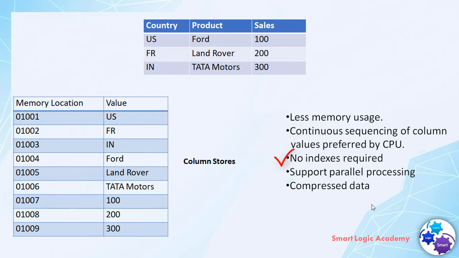With column store, SAP HANA scans columns of data so quickly that additional indexes are usually not required. Column store tables are optimal for parallel processing, as each core is able to work on different columns. The data in SAP HANA column store tables is automatically compressed. This is done to reduce the data footprint. All these are the advantages of using column store tables.